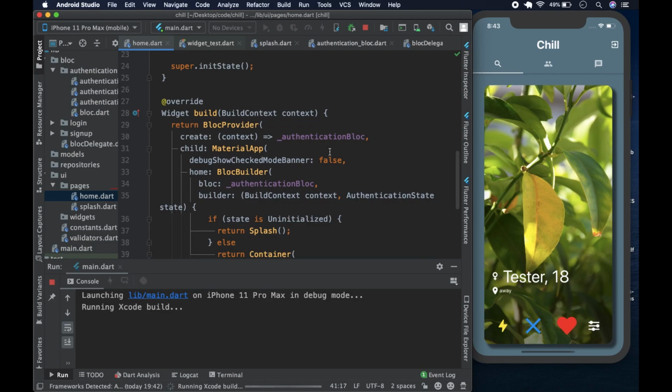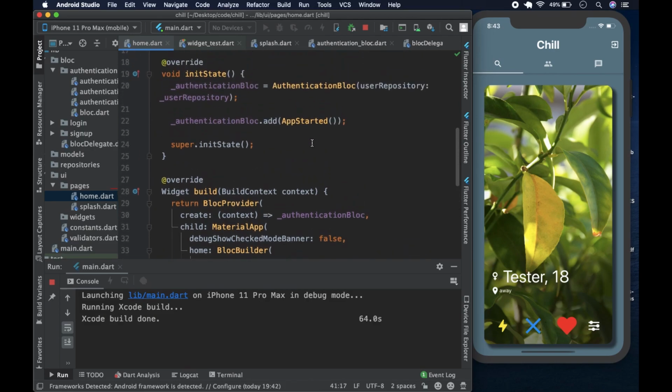But what we did is we used the bloc provider, and the bloc that we were providing was the authentication bloc, and we got app started here, and the authentication bloc has a dependency on the user repository, which we provided,